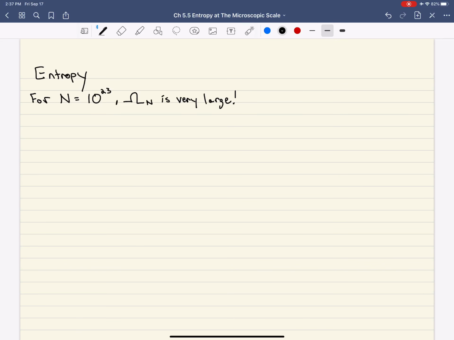All right, and so that's a really big number. And even just thinking about that number or manipulating that number is going to be very abstract and very hard to manage. All right, and so to make our discussion of the number of ways we could arrange the molecules in the system a little bit more tangible, so more manageable, what we're going to do is we're going to define